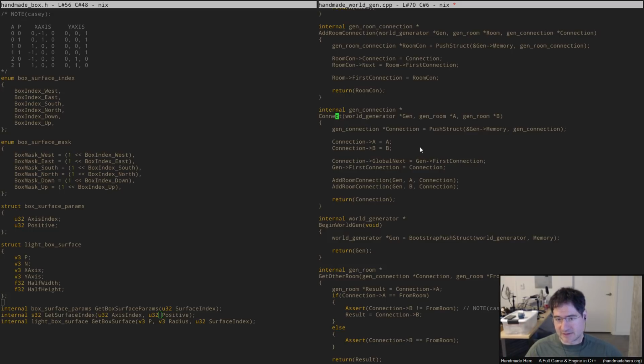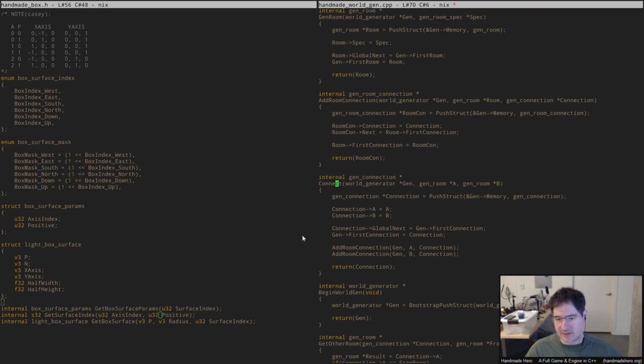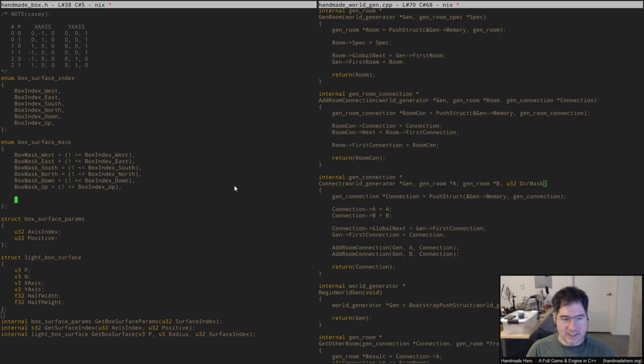Right? It's putting in a 0 for that dir mask, and because it'll just be cleared, that means the direction can't exist in any way. And so what we need to do here is start actually specifying what the dir mask is when we connect rooms together. Now what we can do is, by default, we can say a particular thing that should be the general mask, which is